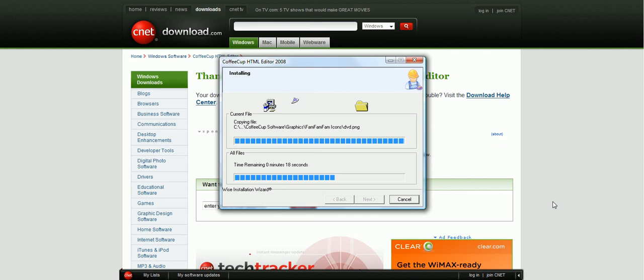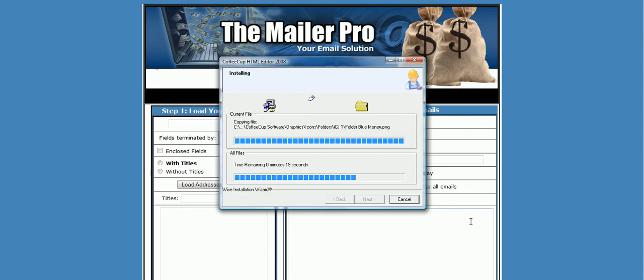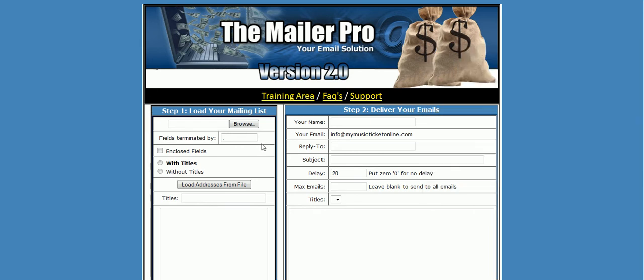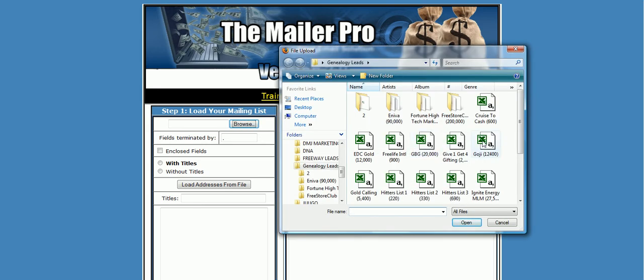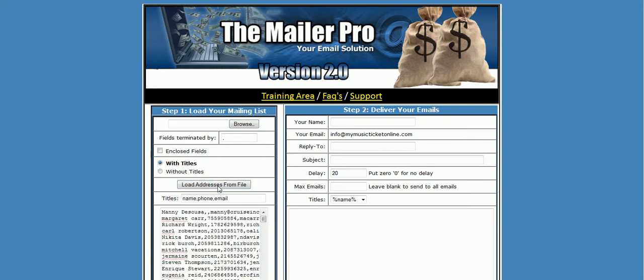And basically, once we get this up and going, this will allow you to create HTML messages in the mailer. It will actually allow you to create the code that you will put right into your mailer. Actually, while that's loading, I'm just going to go over to the mailer, and what you want to do is get just step 1 completed. Just select one of the lists that you have, choose with titles, choose load,